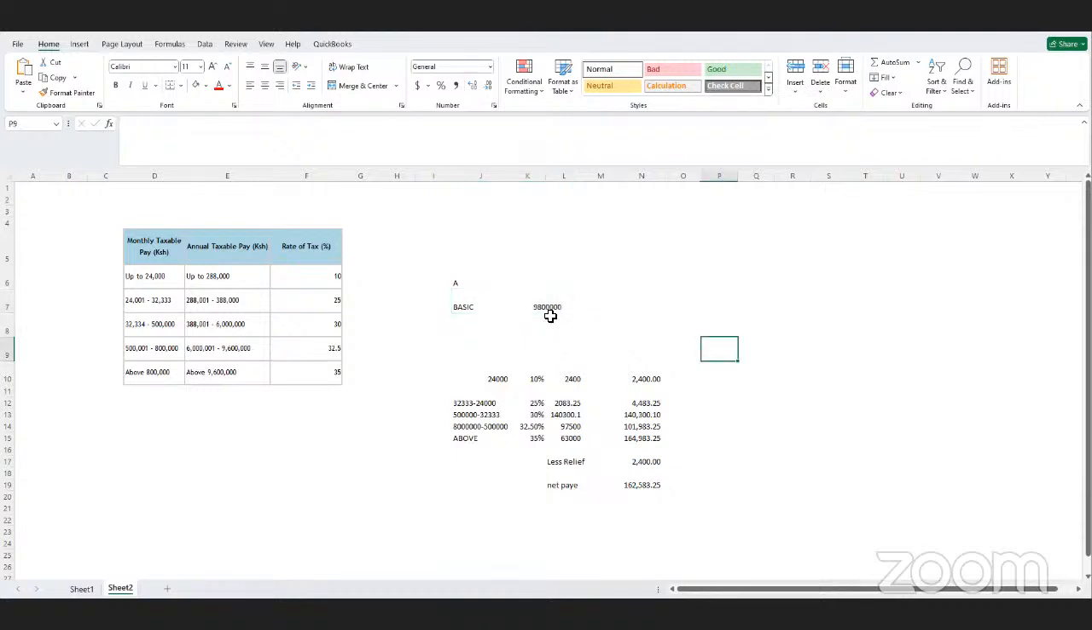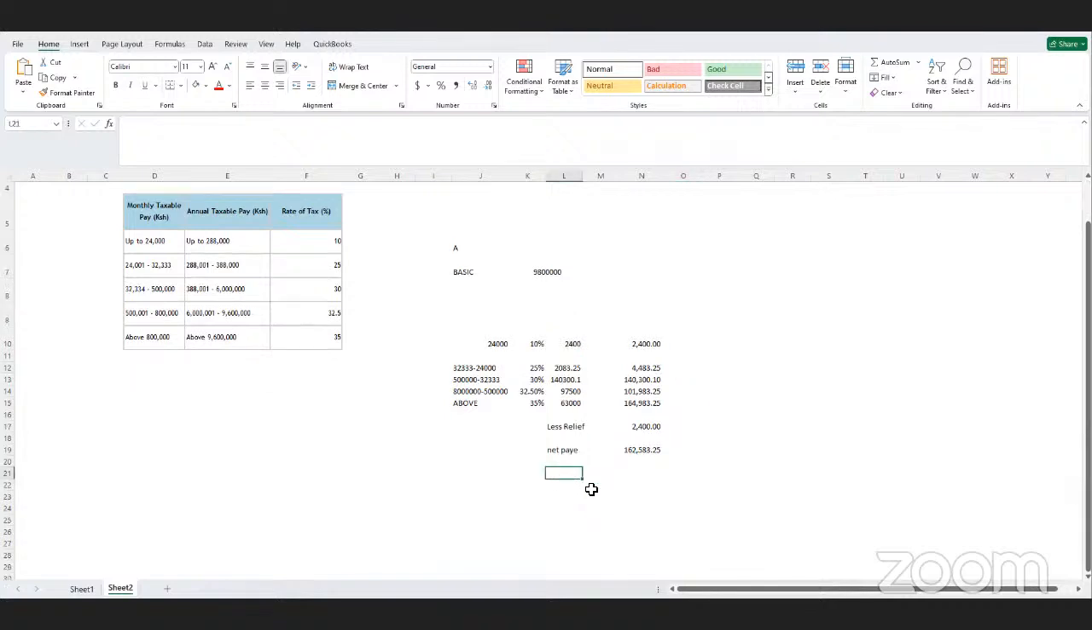But all these, you can use the Excel formula, which can perform it for you. And then you have to calculate for NSSF here, NSSF, which is just